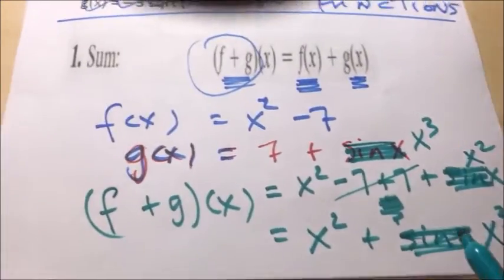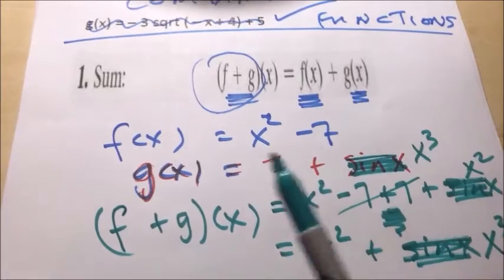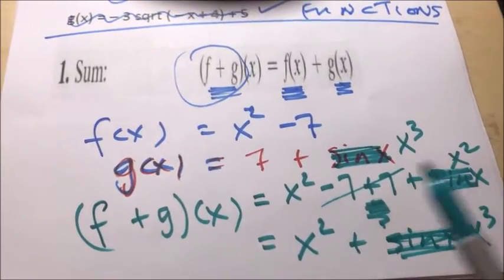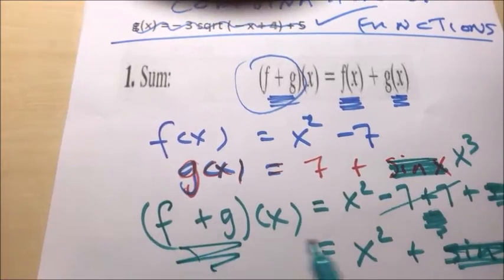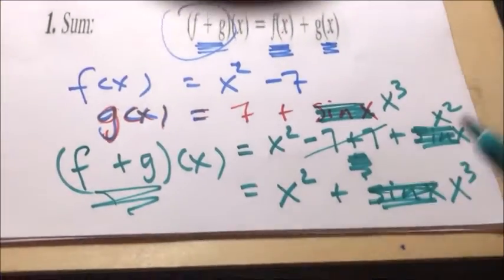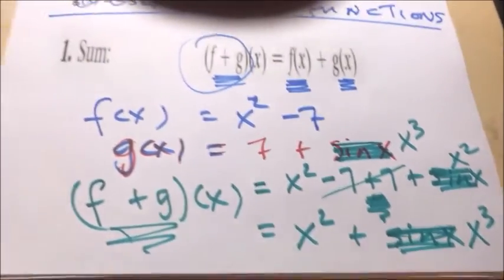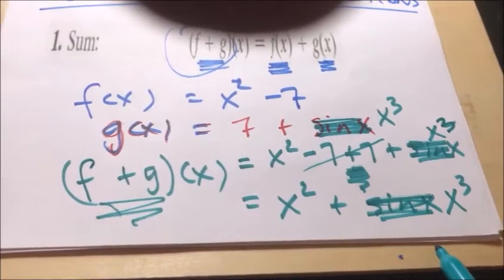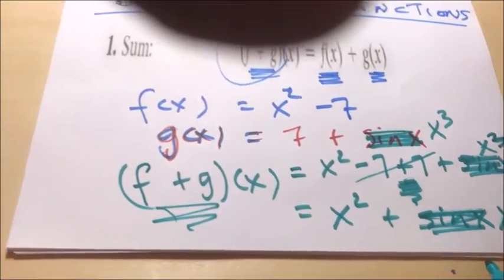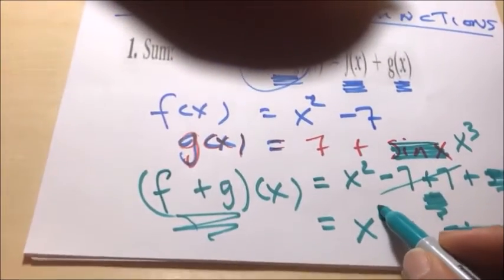Alright, so again we take a function f of x equals x squared minus 7, and we take a function g of x equals 7 plus x cubed, and we look at the function f plus g of x, and we see that it's going to be x squared minus 7 plus 7 plus x cubed, which is going to give us x squared plus x cubed. Alright,